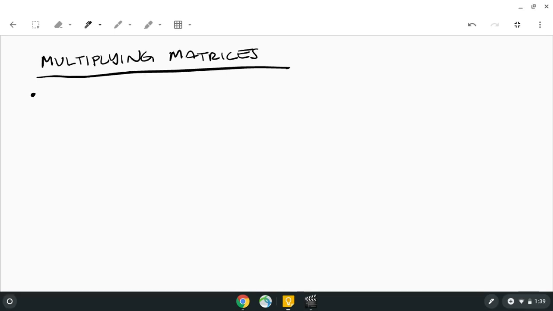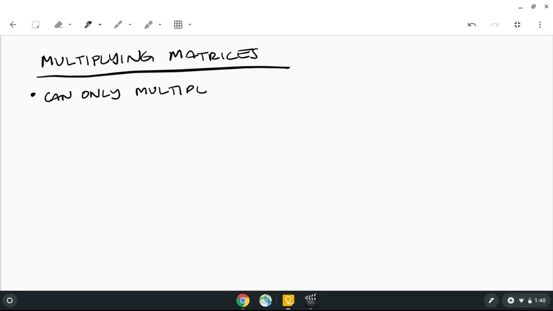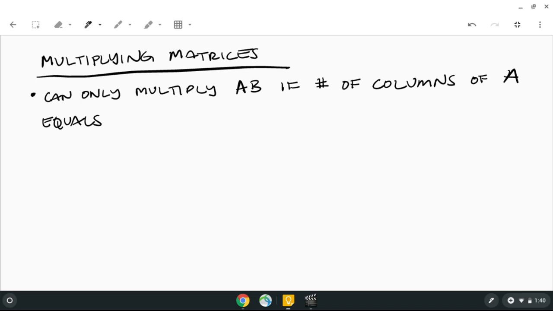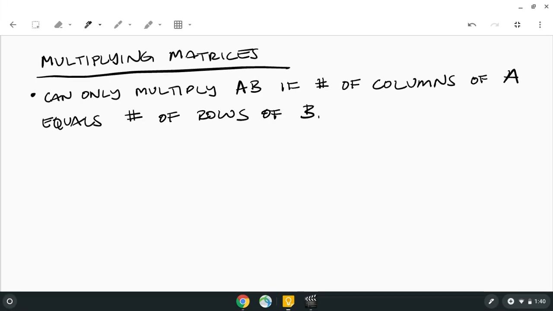So first of all, you can only multiply matrices A times B like this if the number of columns of matrix A equals the number of rows of B. Okay, so